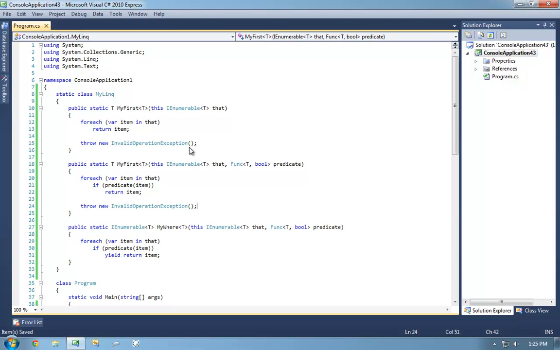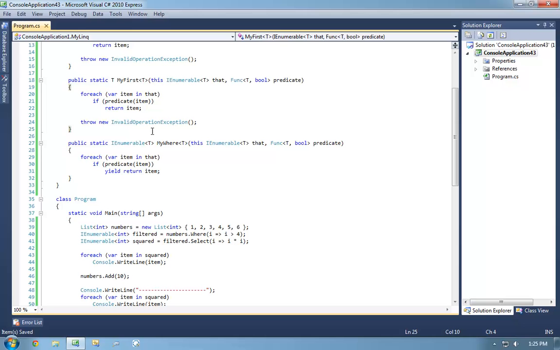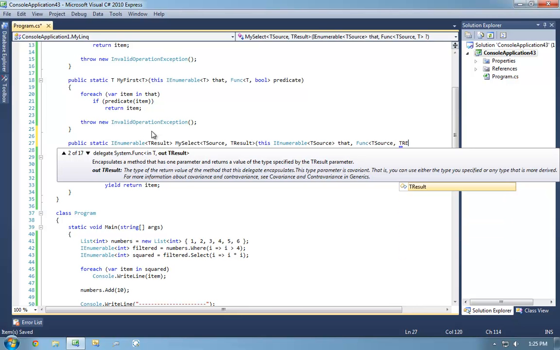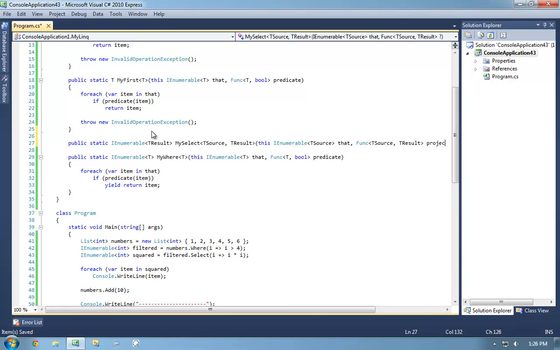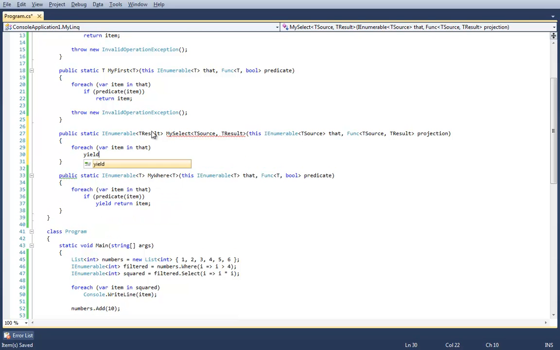What else do we have? MySelect. Yep, and MySelect is going to be very similar to, I believe I already did it in class last week, but it would look something like so.